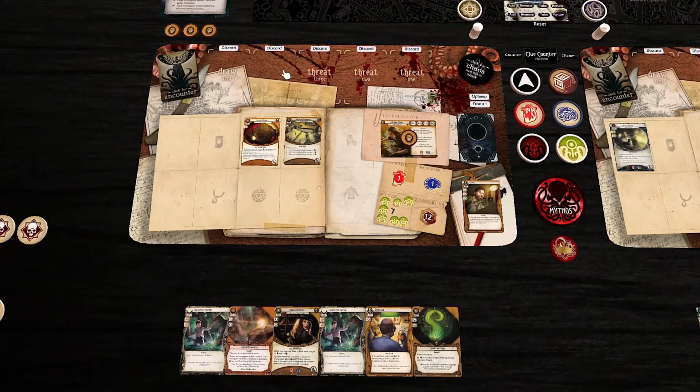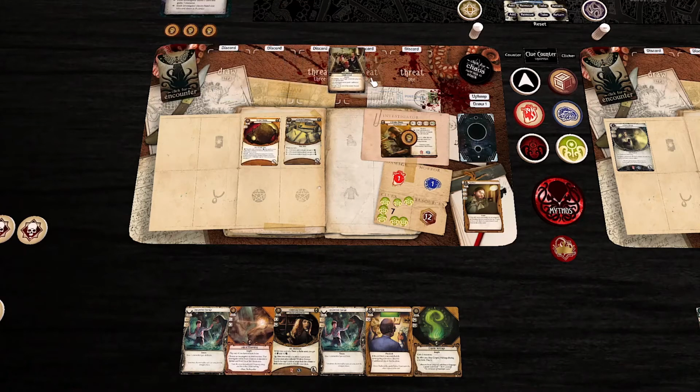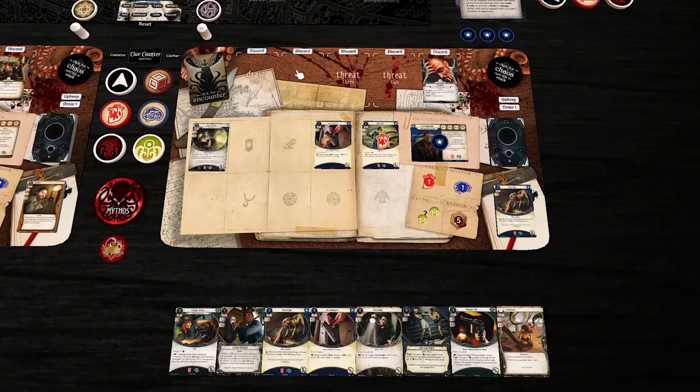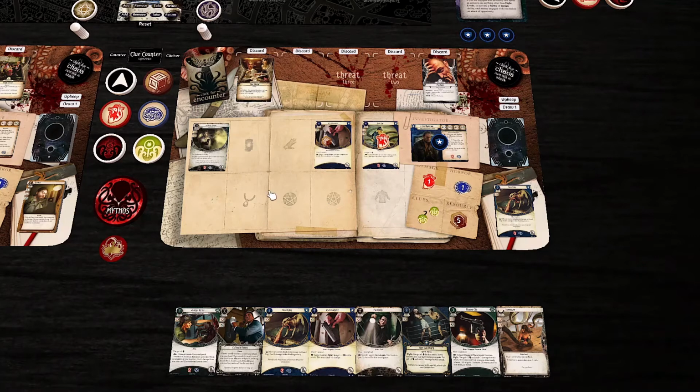And encounter cards. Tough Crowd. Each investigator must spend 1 additional action to parlay. Oh no, at the end of the round. Discard Tough Crowd. And then on Leo, we get Fine Dining. You must either place 1 of your clues on a bystander asset in play, or take a horror and a damage. Well,